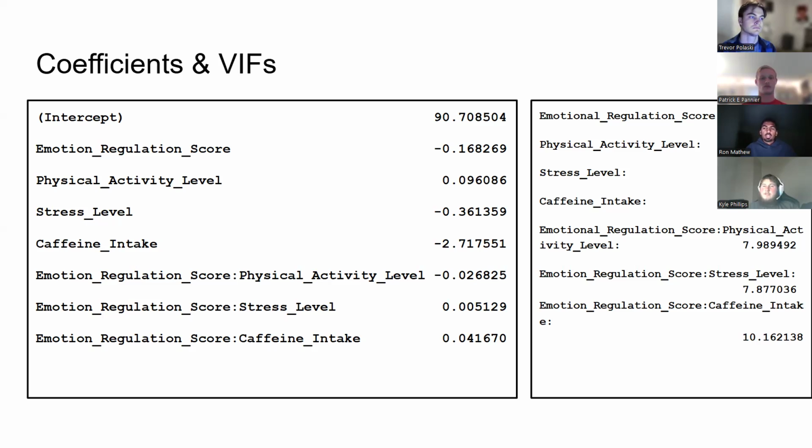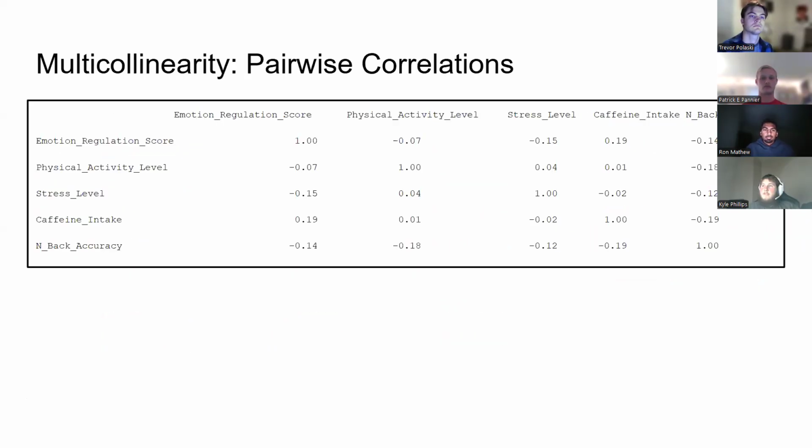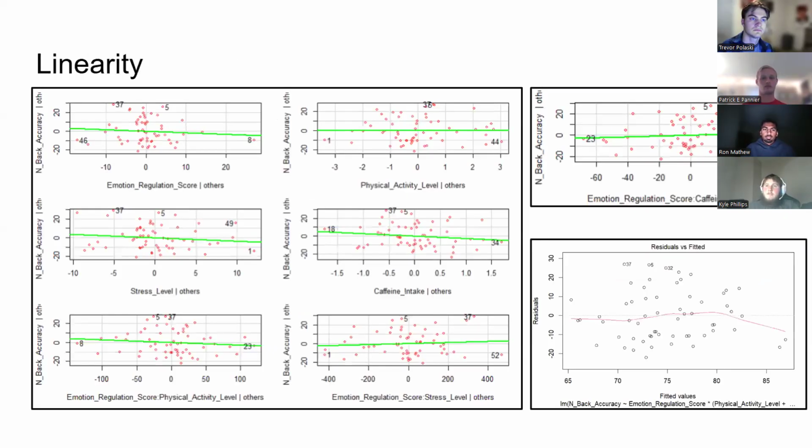And seeing the sign reversals, it correlates to the high VIF values, which explains that there is multicollinearity within the data, as they all exceed the 5 and some exceed the 10 threshold, which is severe or concerning. Along with the pairwise correlations, this is much more interesting, as none of the variables appear to have high correlations between each other, but the VIF values indicate that there is multicollinearity between them, explaining the same amount of variance in NBAC accuracy.